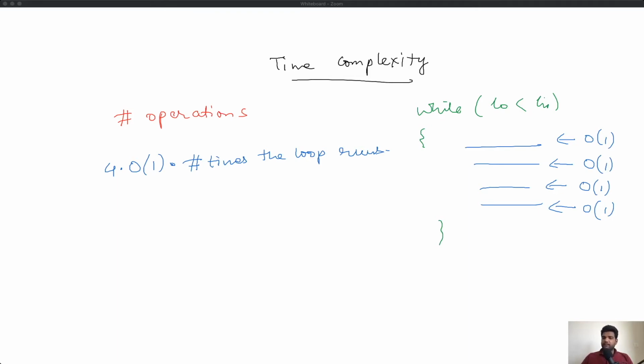If you see this, in this loop, your input size or your search space is reducing by half in 1 iteration, right? So in 1 iteration of this loop, you are going from a search space of size n to a search space of size n by 2.